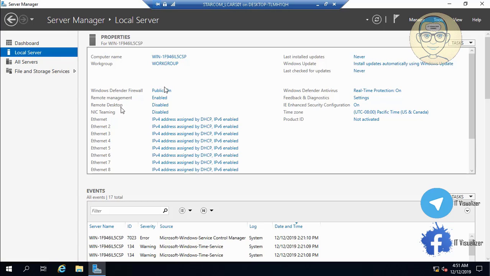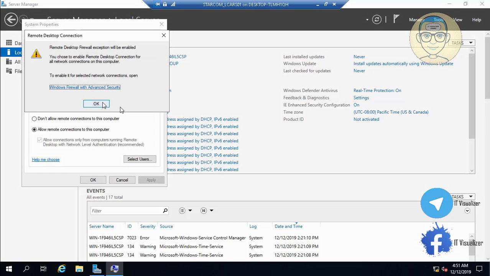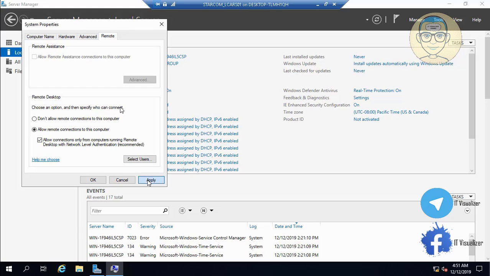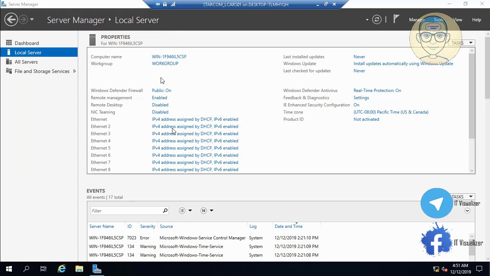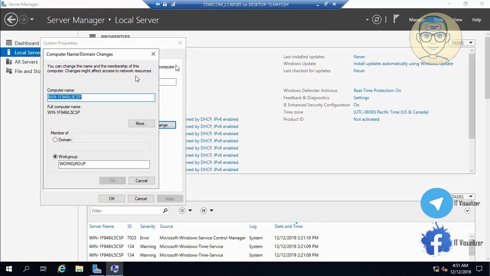So we need to open the remote desktop option, okay, and we will secure it by providing a username and the password that is allowed to have remote connection to the server by putting it in a group called remote users. So here, allow connections using network level authentication. So here we have allowed the remote desktop option, and then we need to change the name. Tell him to change the name of the server,